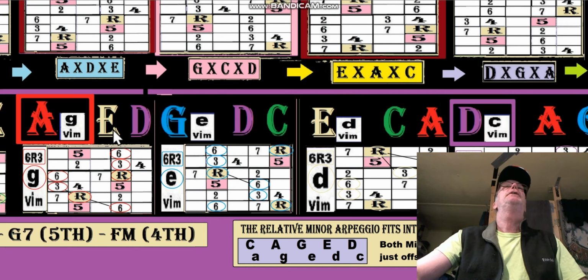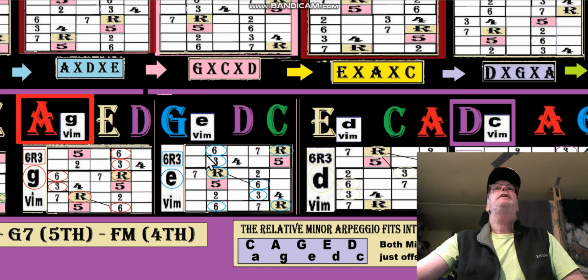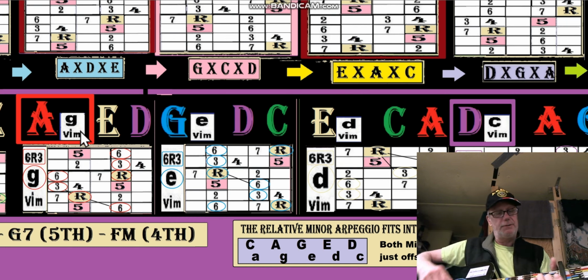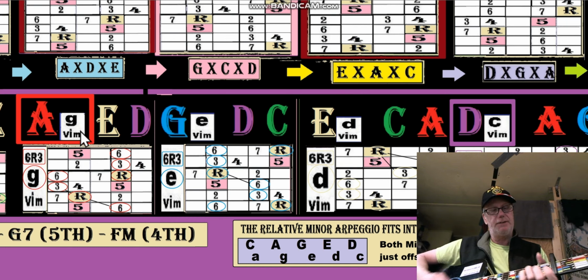What I want to show you is that the C minor and the G minor are lesser known minors. Everybody can play that. That's what we were doing, but let's not go crazy with it. Everybody can play the C to the A minor. Everybody can play the G to the E minor, and most people can play, we'll just cover this right now,